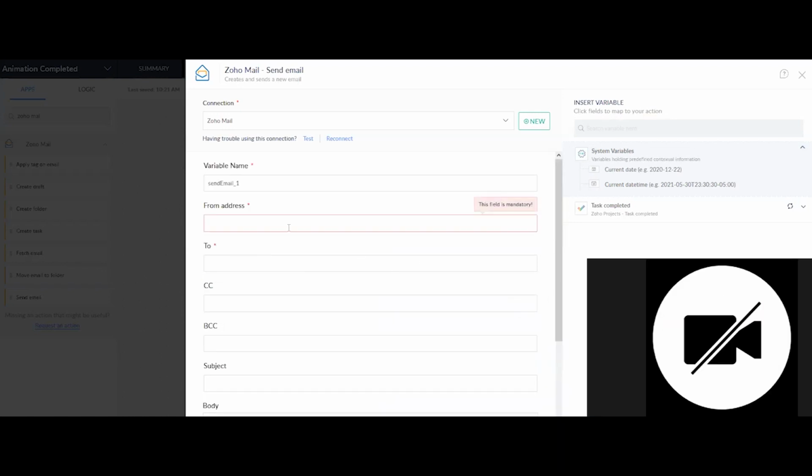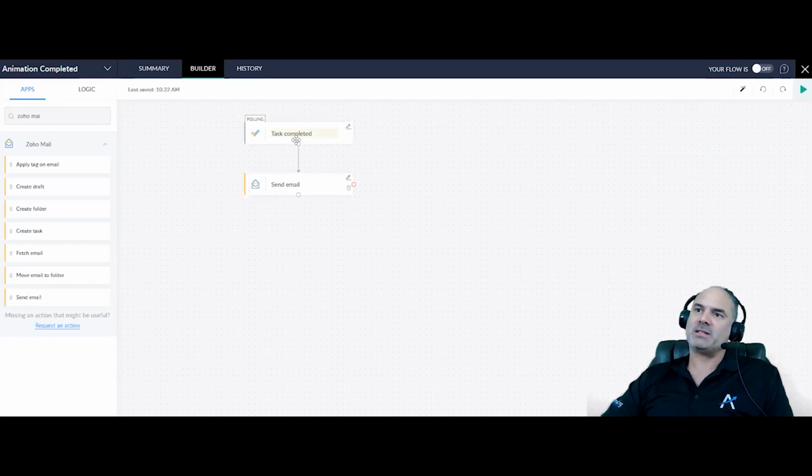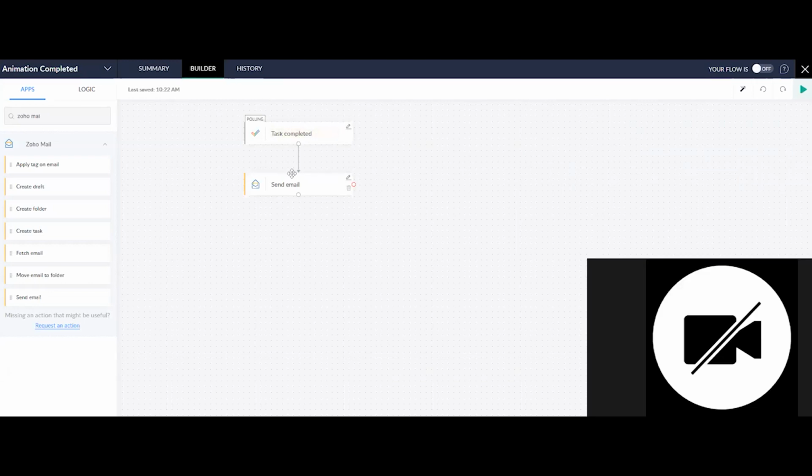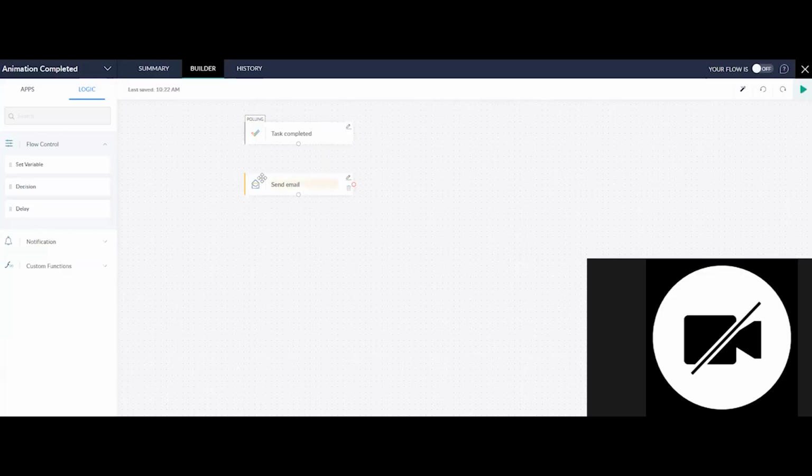This is interesting. Definitely needs some sorting out, but basically building it on the tasks and then having emails sent out on completion. Yes. So step number 1 is when a task is completed. Step number 2, you will need to have a logic, and the logic will be about the task name.